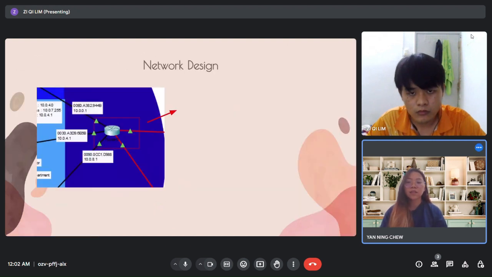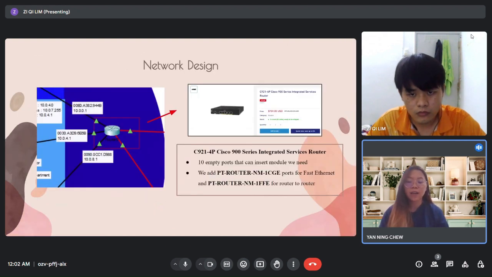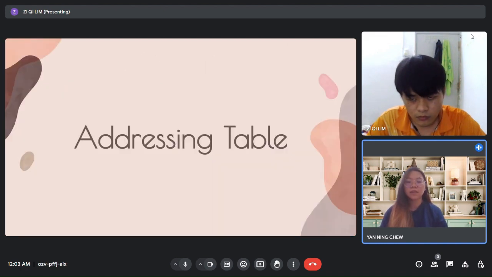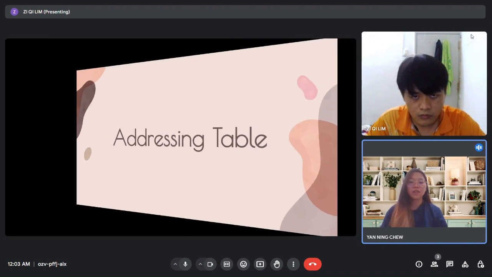And for the router, we choose the C9214P Cisco 900 series integrated services router, as it has 10 empty ports, and we add the PT router and M1 CGE for Fast Ethernet and the PT router and M1 FFE for router to router. And for the addressing table, for location A, we will choose